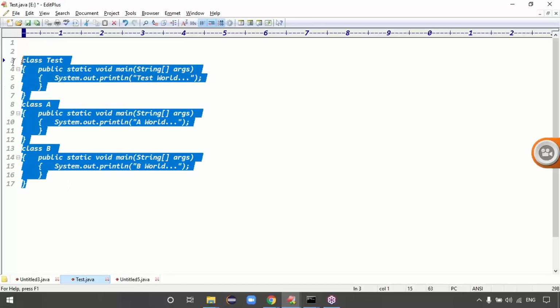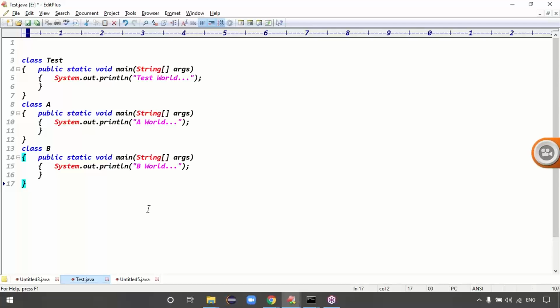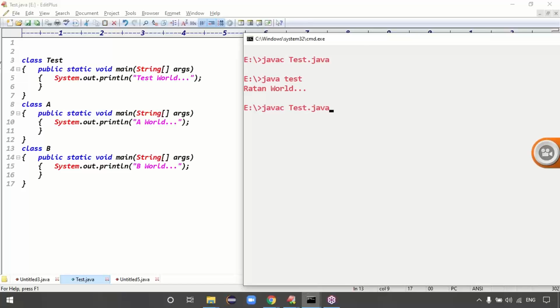Now, how many main classes did I define here? The class which contains the main method is called the main class. Here I defined how many main classes? 3 main classes, right? Is this code valid or invalid, guys? Definitely valid. Three main classes are valid. Let me run this code. The code is compiled fine, guys. Exactly, the code is valid, no problem.